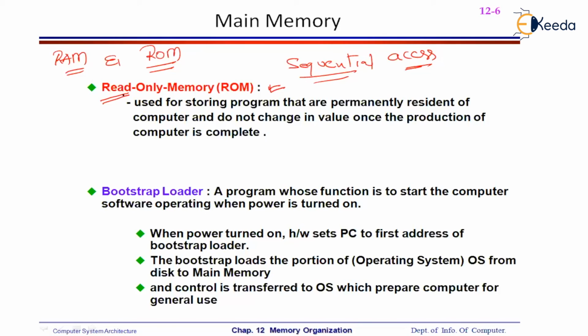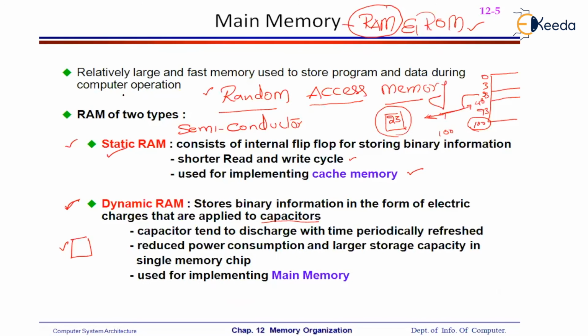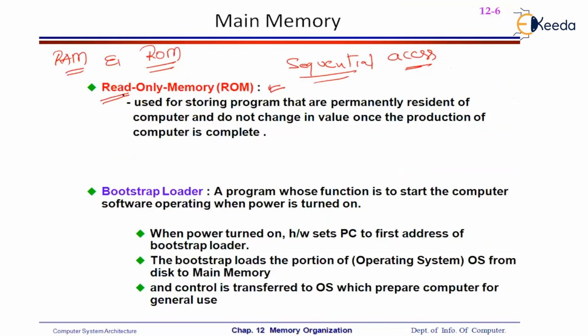This is the thing. Okay, so what is RAM here? You know that RAM, either static RAM or dynamic RAM, eventually when you shut down the system, is going to lose the data. There's no doubt about it. In the case of a dynamic RAM, the data is going to be available for a little more time. But eventually, RAM is going to lose the data, right? But ROM doesn't lose the data. ROM will not lose the data at all. Okay, so why do we require ROM?